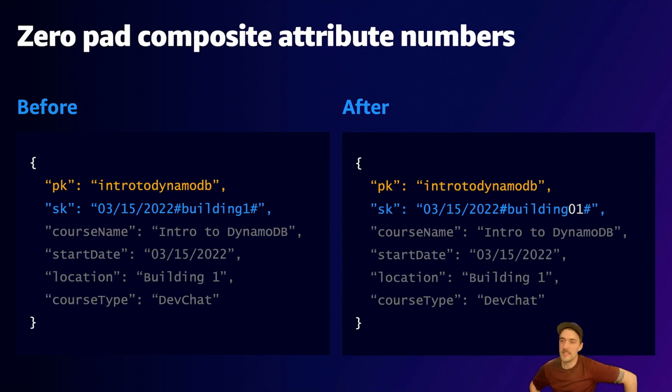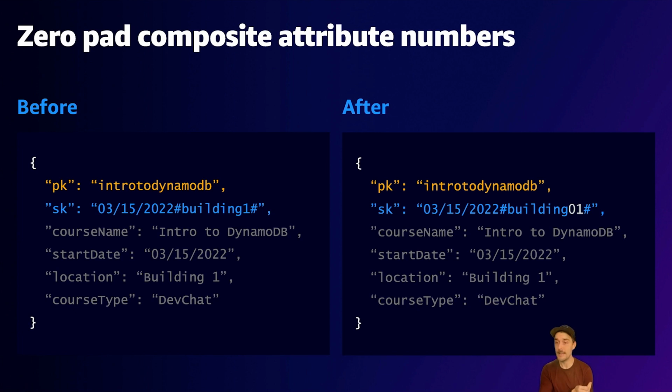The important thing, though, is to zero pad the numbers in which you might have a discrete range, or at least an estimatable range. And the reason for that is because when your sort key is a string, which arguably I'm always going for a string sort key, I like the fact I can store a lot more data into it, I'm not limited. But if you have a string sort key, then numbers are going to be sorted in lexicographical order. So if you said greater than building 1, for instance, again, we're doing a partial sort key, then what's greater than building 1? Well, building 1 is